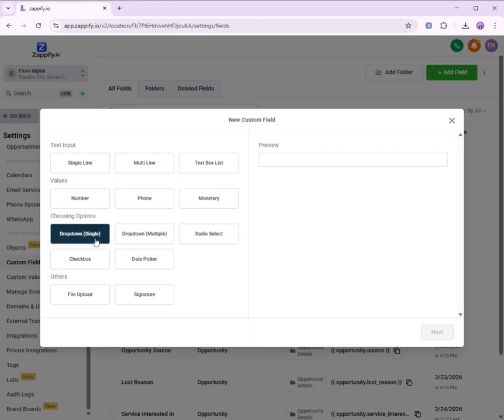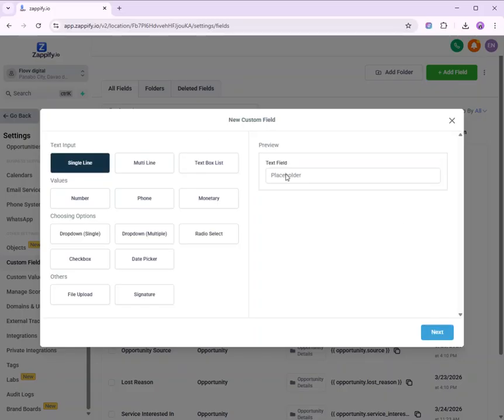So let's say for example, drop down or text input or value. So let's say for example this one. So click next.